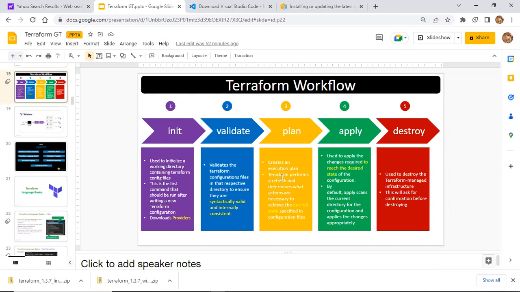And then the plan actually creates the blueprint. What Nava said is right, it creates the blueprint. What is a blueprint? Simply, it is a plan. If I'm providing a configuration for creating 100 servers, the plan will show the complete configuration of the 100 servers, the things you're going to create by this configuration. Then apply will create all the things we have set in the configuration, and destroy will destroy everything.